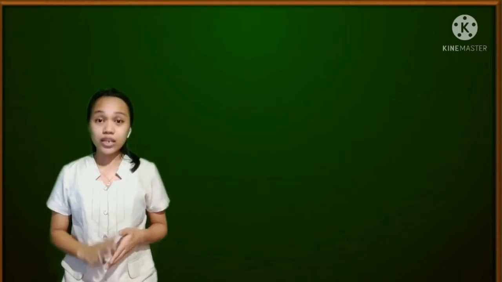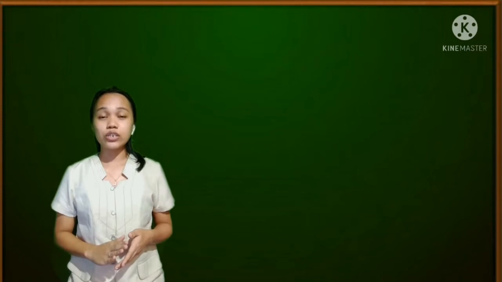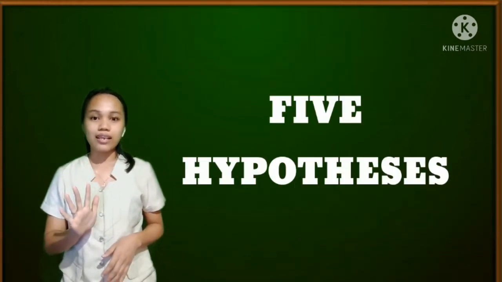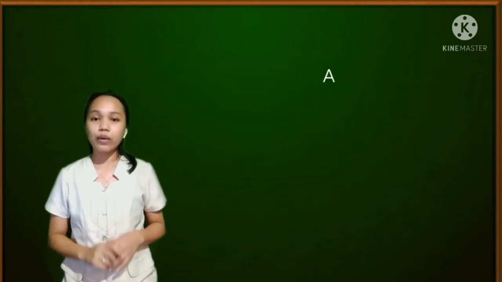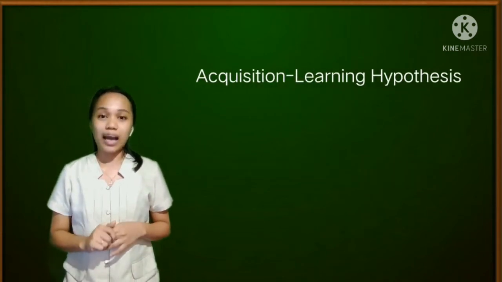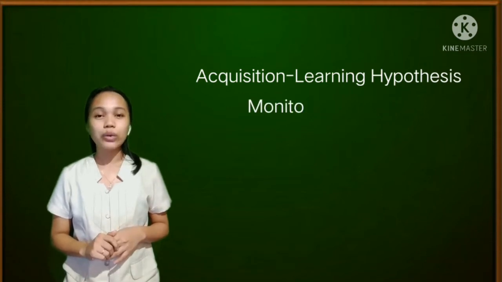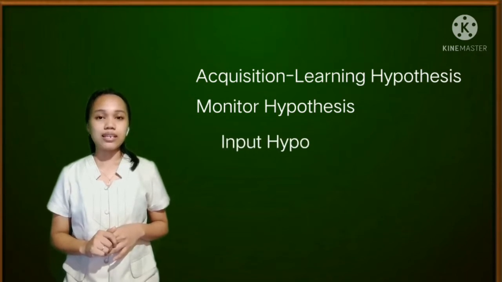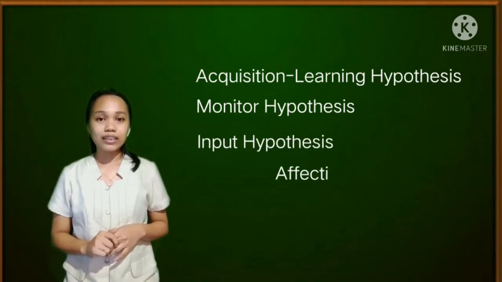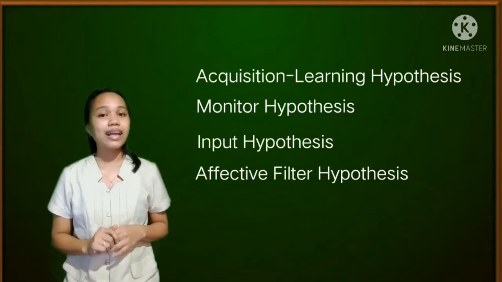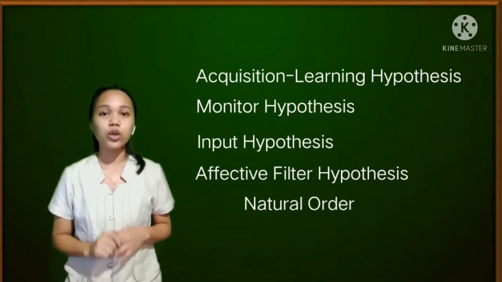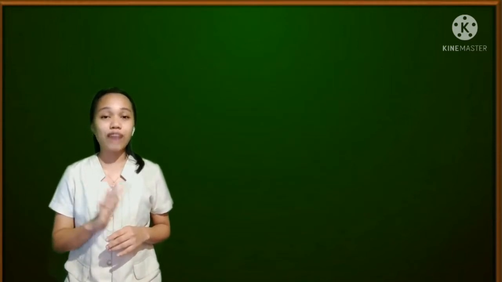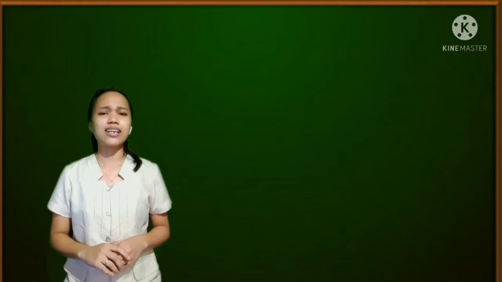So, Krashen's theory of second language acquisition consists of 5 hypotheses. So what are these? First, we have the acquisition learning hypothesis. Second, we have the monitor hypothesis. Third, input hypothesis. Fourth, affective filter hypothesis. And the last one, we have the natural order hypothesis. So from these 5 hypotheses, let us first discuss what is